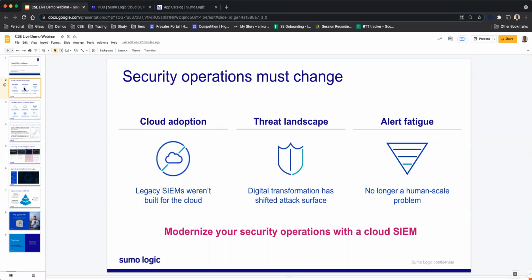The digital transformation has shifted the attack surface. Gone are the days where we used to have all the applications inside the perimeter of a firewall and we used to feel protected. Now we have data everywhere. The data is there on the SaaS platforms that we deploy. We have data across the cloud. We have data across mobile devices, etc. While this has resulted in the proliferation of data, this has also resulted in a lot more attack surfaces. So we need a platform that can understand our environment, which can protect us from this diverse set of sources where we have deployed our data.